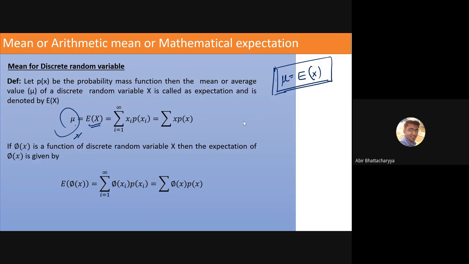Estimation. Futuristic estimation, right? Let's say I estimate that after 20 days or 30 days, what would be the probability or chance of rain in our city? After 20 days the chance is 1 by 2. After 30 days, the chance of having rain in our city is 1 by 4. By the calculations we are doing, after 50 days, the chance is 1 by 6.